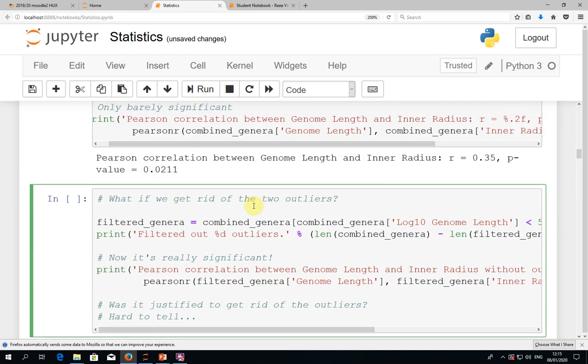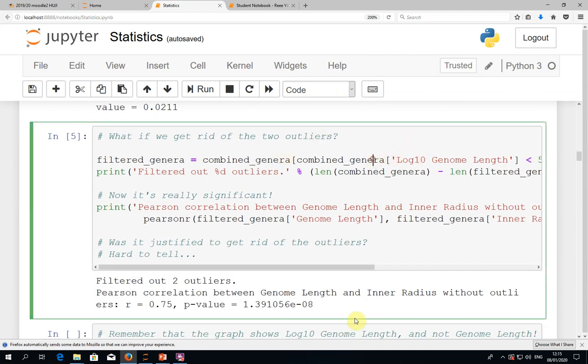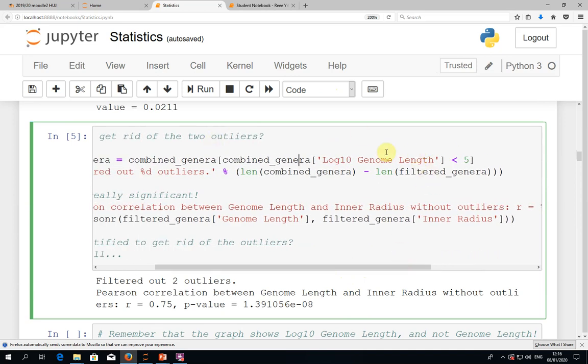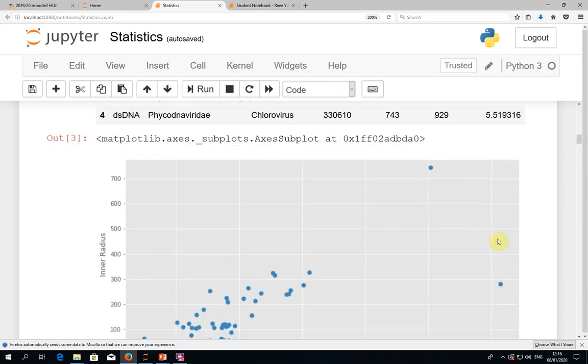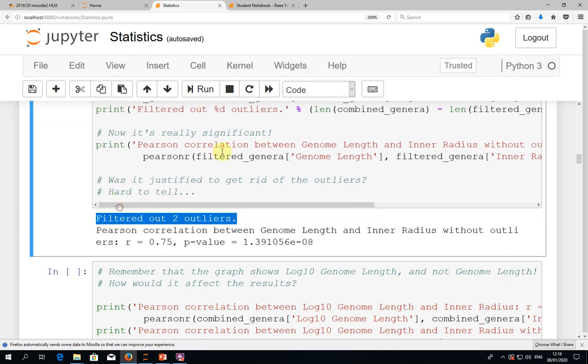So we might think that these 2 outliers mask the results, and we might want to try to filter them away. So you can see here we use standard pandas syntax to take only the points whose log 10 genome length is below 5, namely everything other than these 2 points. And you can see that we filtered out 2 outliers. And now if we worked on the filtered genera, so the remaining 40 records, you can see that now if we use the Pearson's correlation,